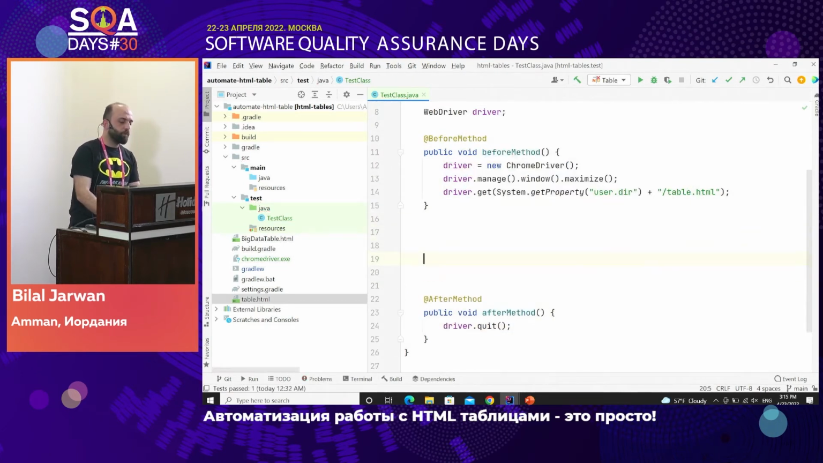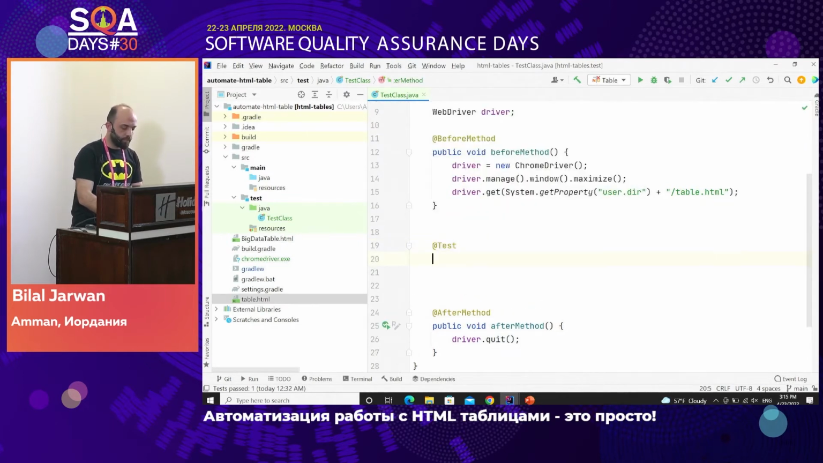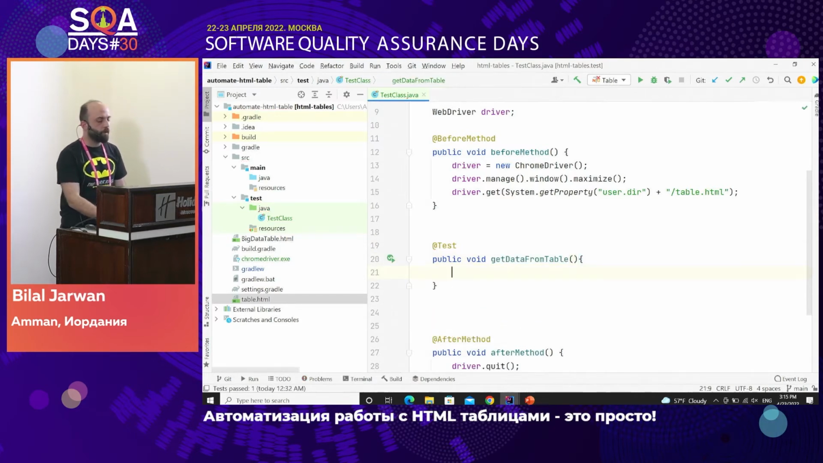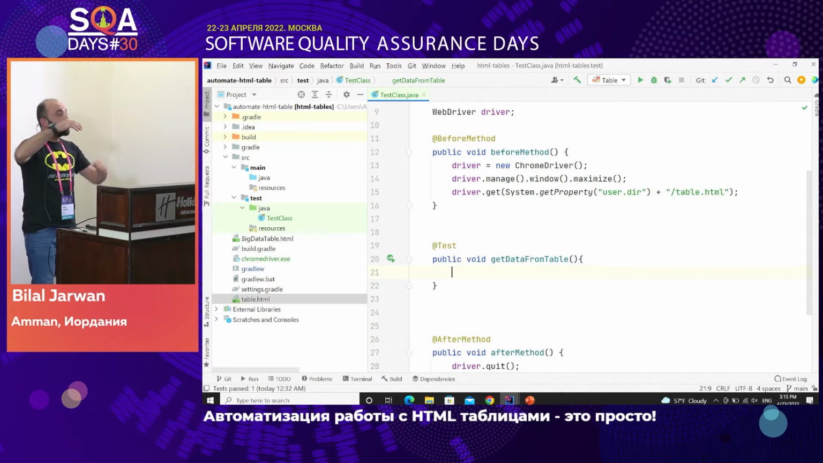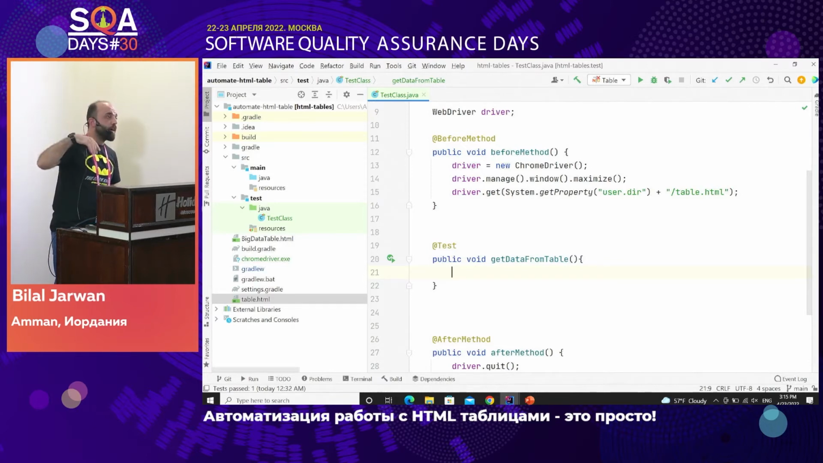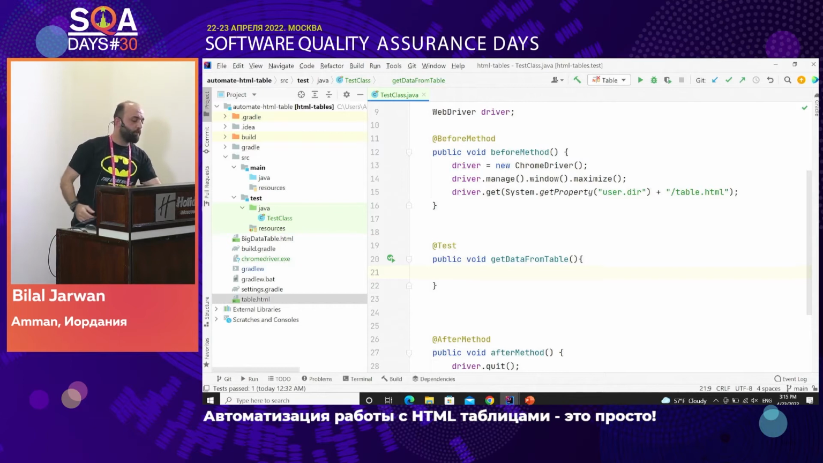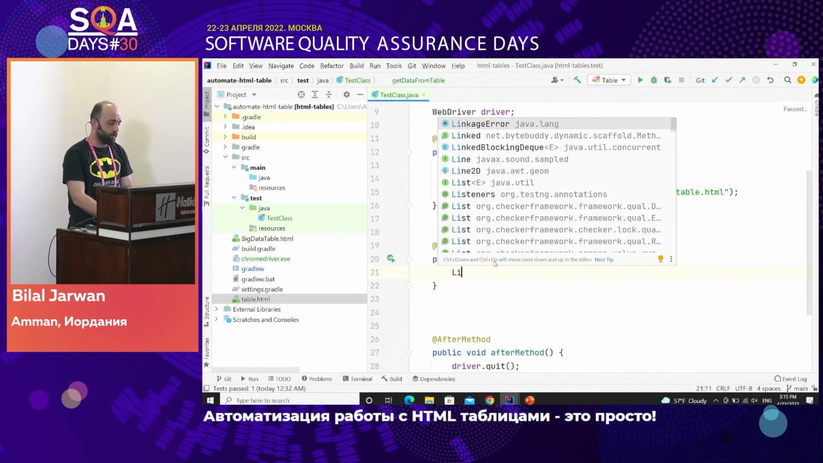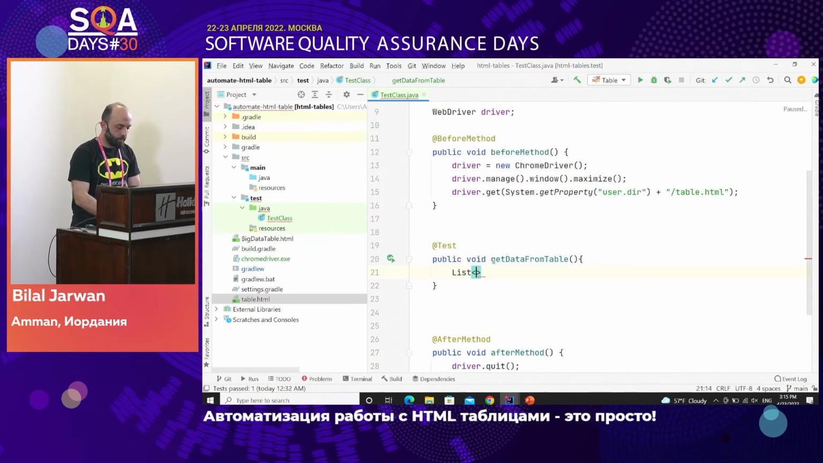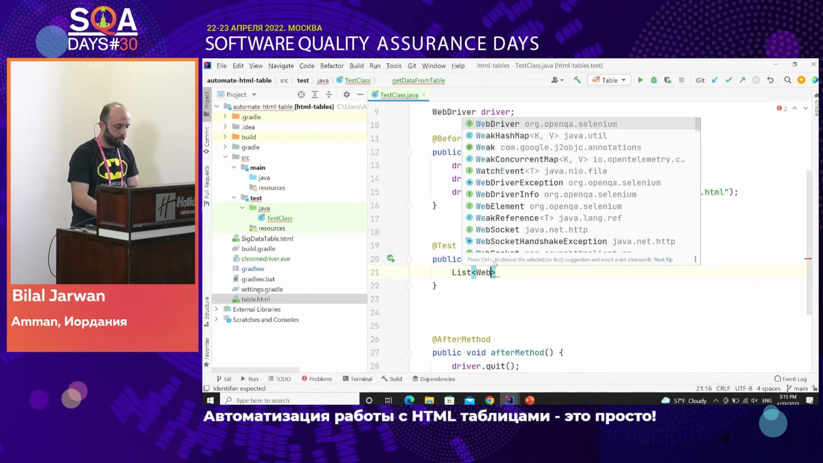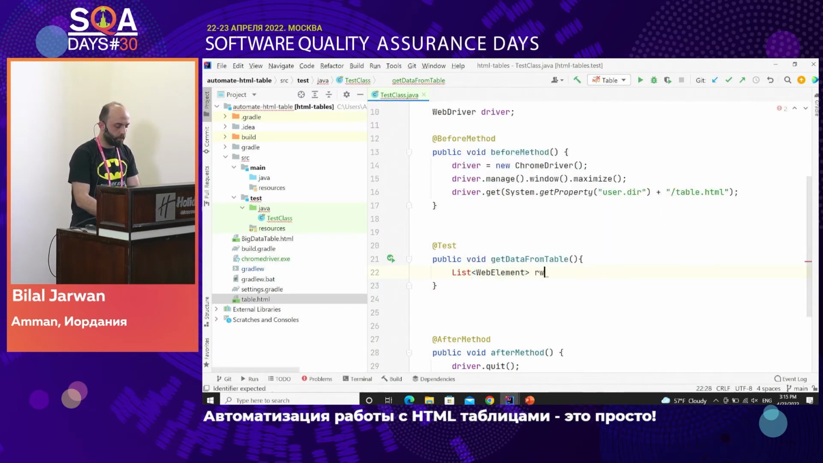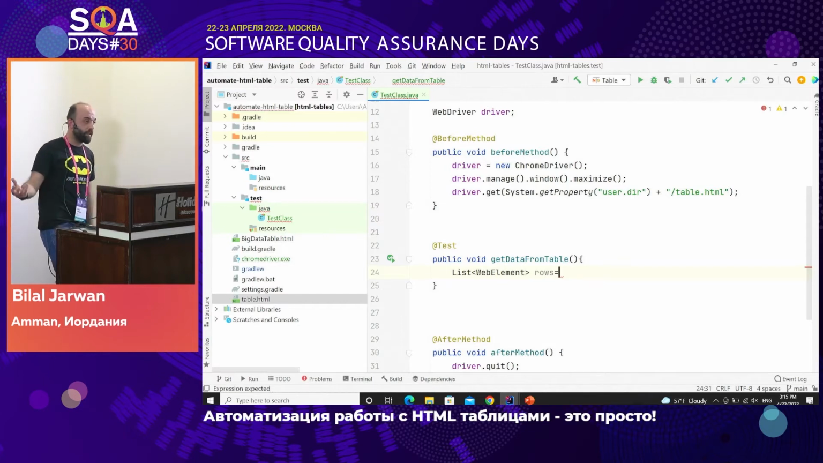Okay, now we will create our test here. We will say @Test public void getDataFromTable. So first of all, you need to get a list of rows, all the rows that you have in your table. So how can you get it? It's a list because you have more than one row. So you say List, the type will be WebElement, and it will be called rows. We just need to import the class java.util. Okay, so how can I get the rows from the table directly? I will say